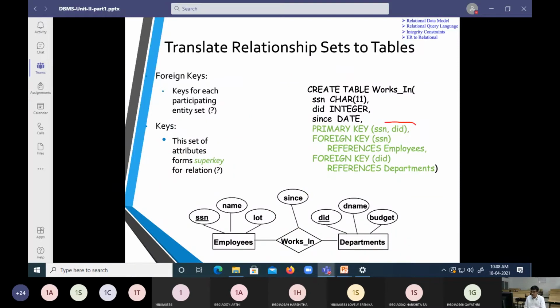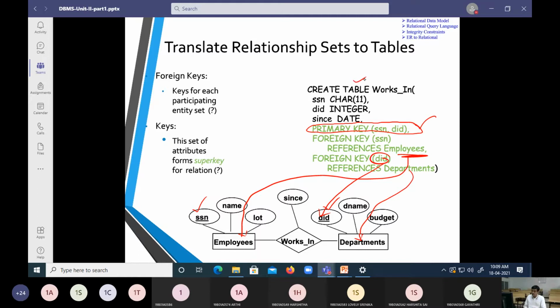Now you can see in this diagram the primary keys are SSN and DID. The foreign key is going to refer to the employee table. DID is going to refer to the department table. So this is how we have to understand the relation.